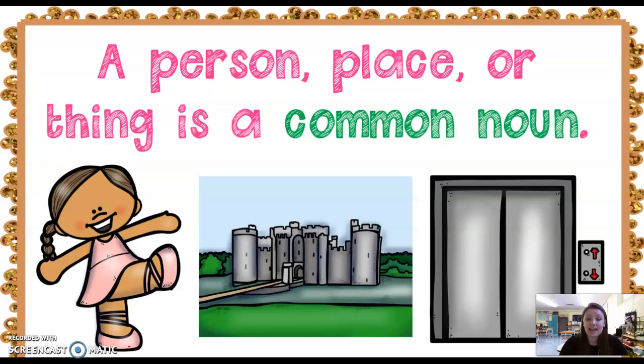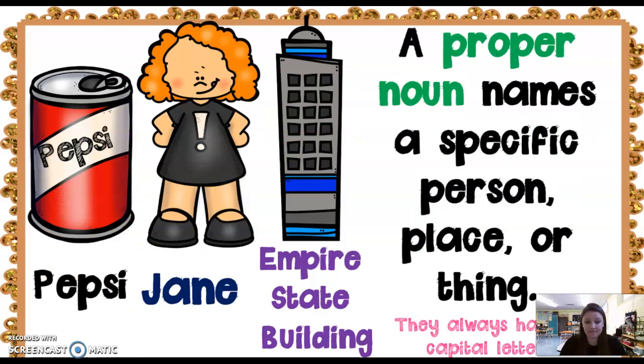Remember, a person, a place, or a thing is a common noun. But a proper noun names a specific person, place, or thing. And a proper noun will always have a capital letter. For example, the common noun could be soda, but the proper noun might be Pepsi. It's a specific name. My common noun might say girl, but my proper noun might say Jane. It's capitalized because it's a specific name. My common noun might say building, but my proper noun would be Empire State Building because it's a specific name